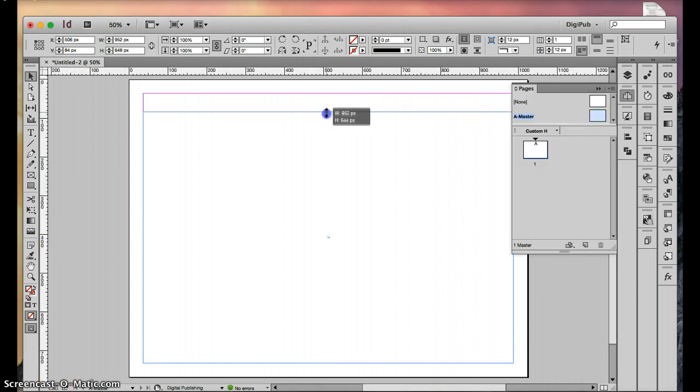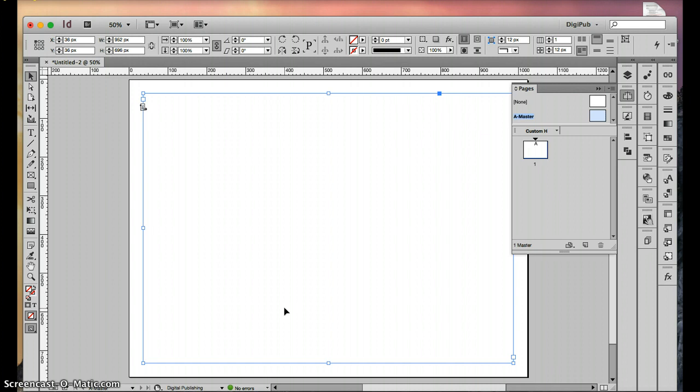And ours was already there to begin with, so we don't really have to worry about that. And the same with the bottom. So if your margins aren't set to the actual guide, then you're going to want to go ahead and just make sure that this text frame is set over the margins. Step 15, drag the bottom edge of the text frame to snap to the bottom page margin, which we have